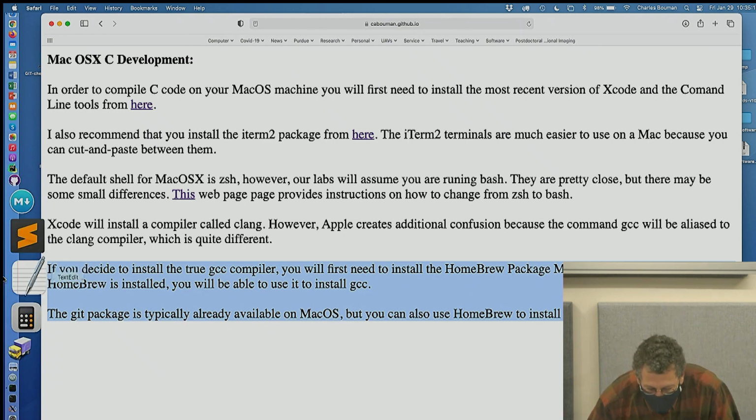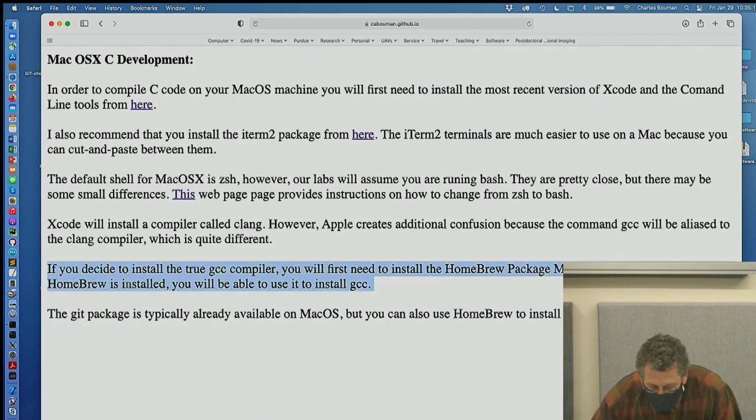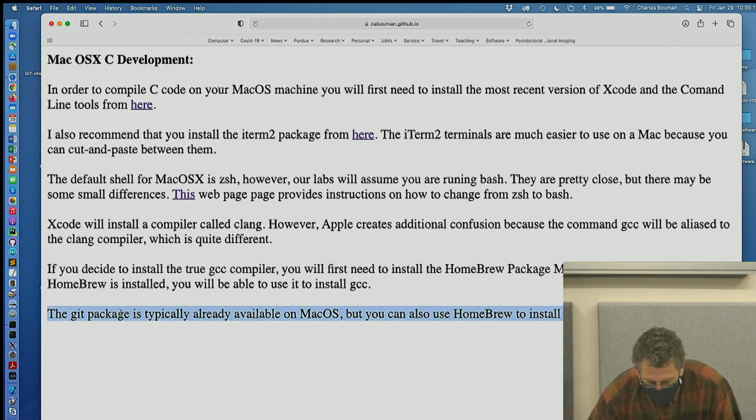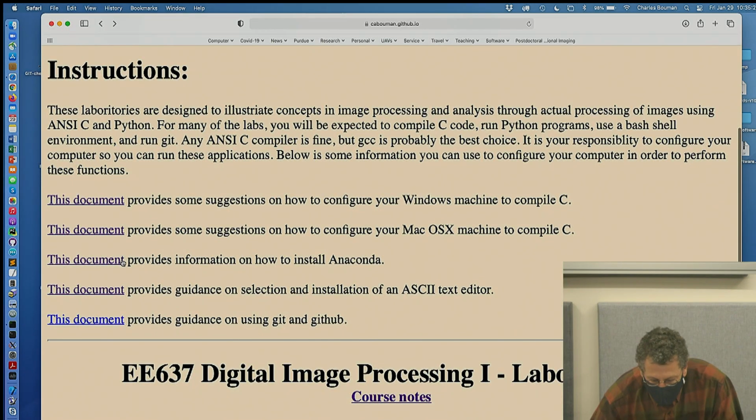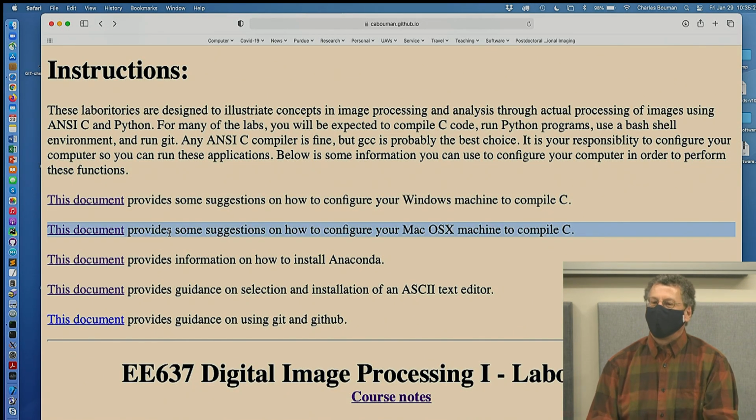Yeah, so you have to be a little careful about that. And then Homebrew is the package server for installing software packages on the Mac. And yeah, you should get Git. Okay, so now the next thing. Oh, in Linux, I don't have any instructions because